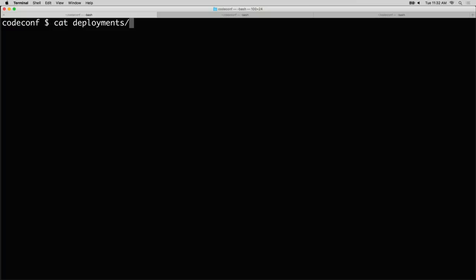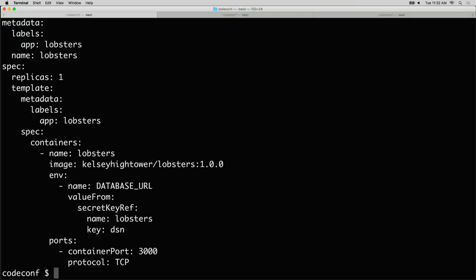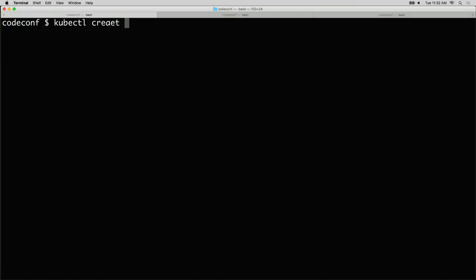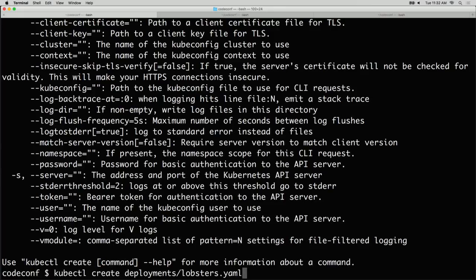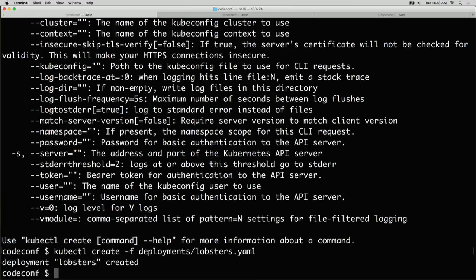Again, it's declarative. So we can say deployments, Lobsters, and it's very similar, except I'm going to grab my secret from the Kubernetes secret store and give that to the application. So this is a standard Rails convention. All I did was package up this app from GitHub following the instructions and created a container for it. So now I can feed it its configuration from Kubernetes. So now let's go ahead and create this deployment. All right, so if this all works, this thing should come up, find MySQL, and connect.